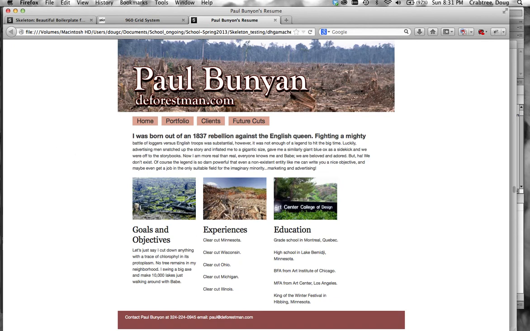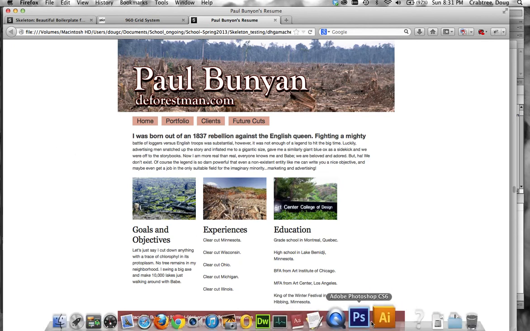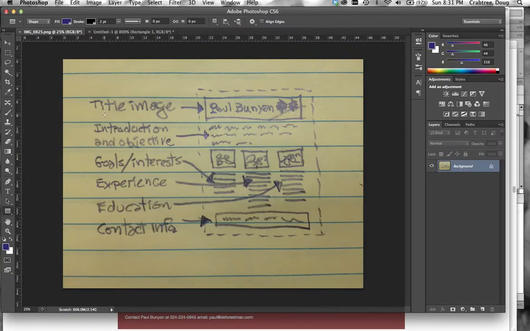So let's start at the beginning here. Of course, any good designer is going to start thumbnailing, correct? Of course. So here I thumbnailed out kind of a rough idea of how I want to arrange this thing. And I sort of said, well, I need a title, graphic, introduction, objective. I want some goals. I want some experience. I want some education and some contact info. So that's how I decided to arrange this. So that gives me a kind of a roadmap to follow when I build a